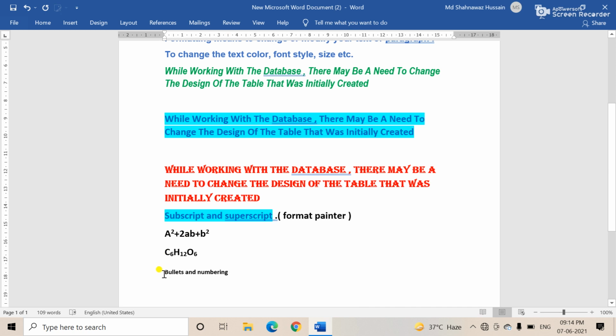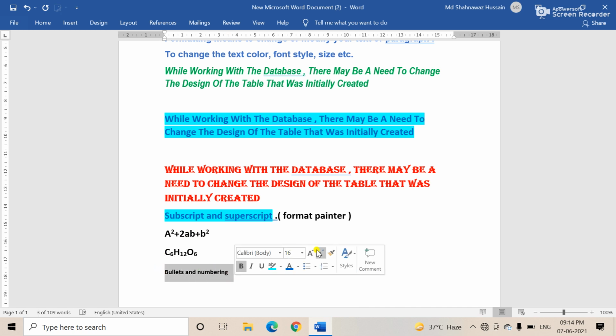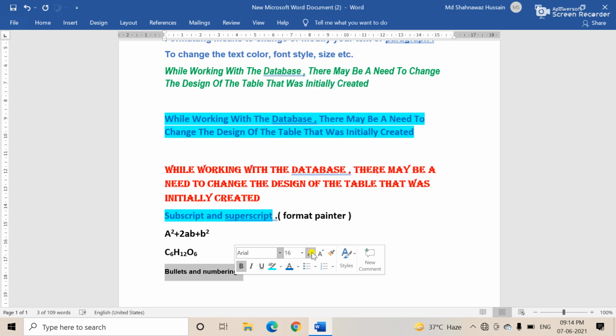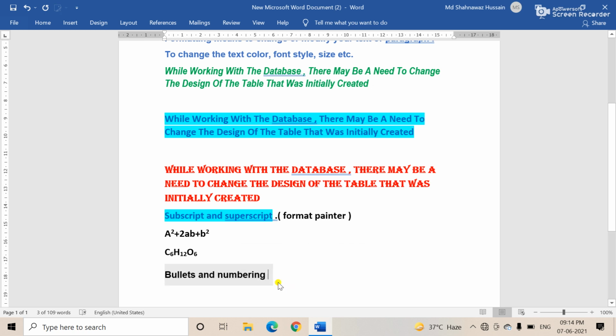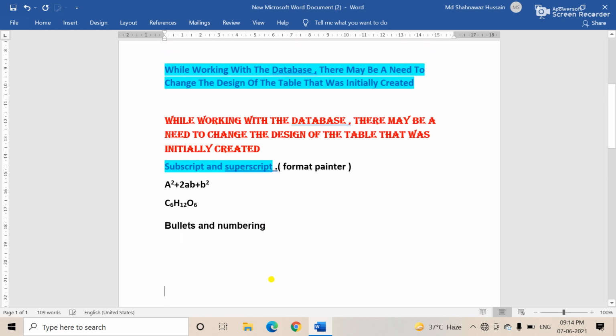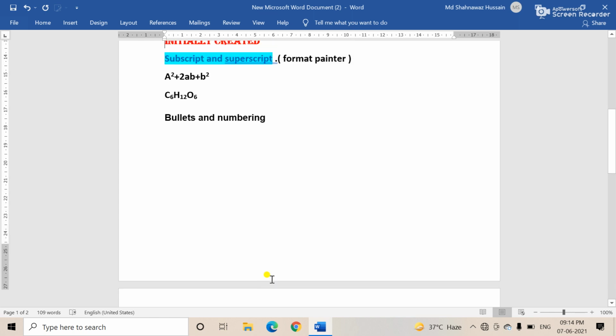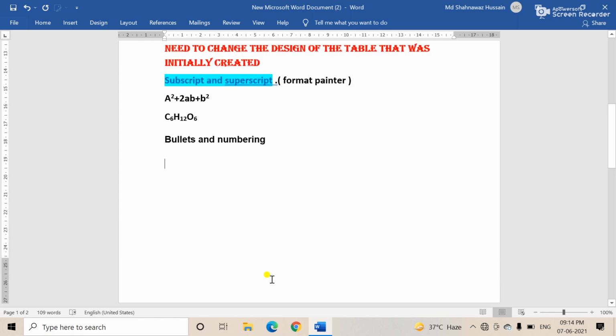So the size is very small. I am increasing the size. See, it is the bullets and numbering. We are going to learn the bullets and numbering. Okay, so how do you use the bullets and numbering?